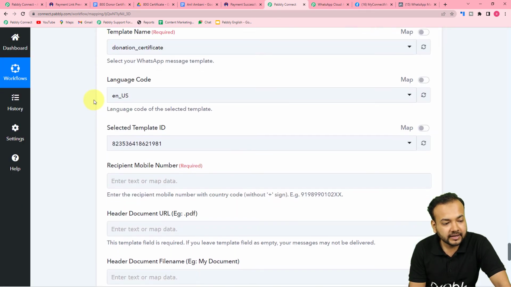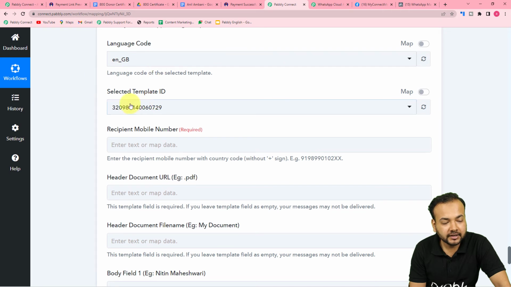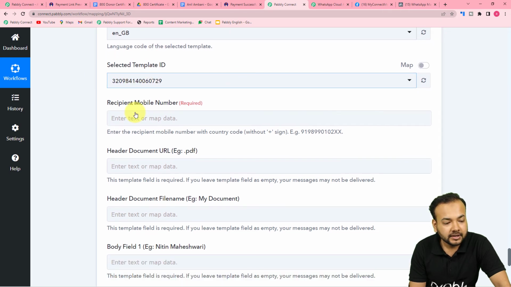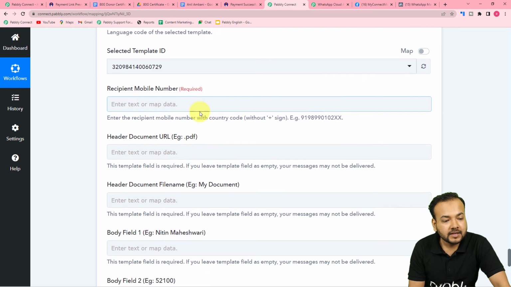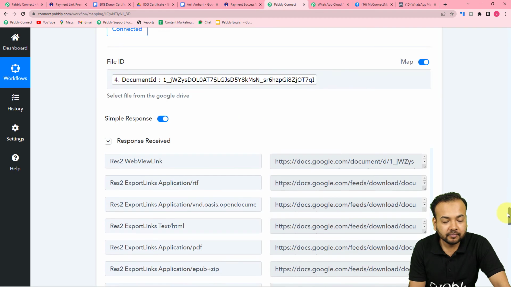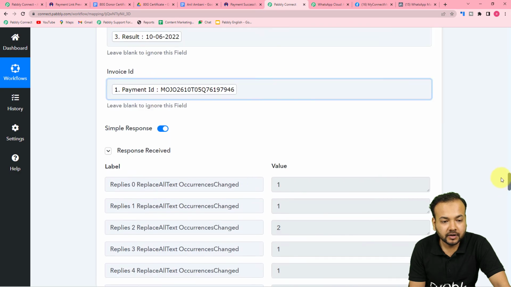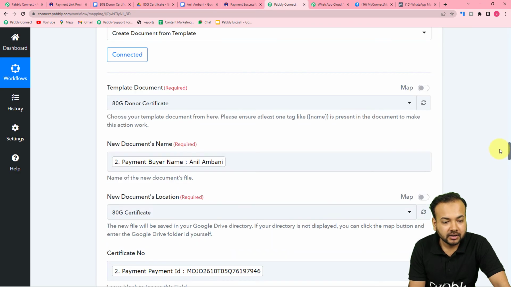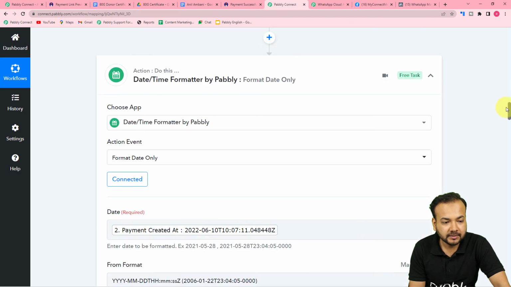And as you select the template here, the language code and the template ID will be filled up here, and then it will ask for the recipient's mobile number or the WhatsApp number of the person to whom you are sending this file or document. So guys, I have got the details of my customer, or the one who has made this payment, here in this second step. You can see